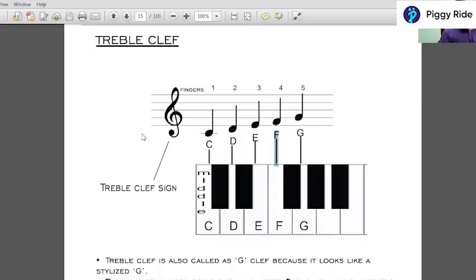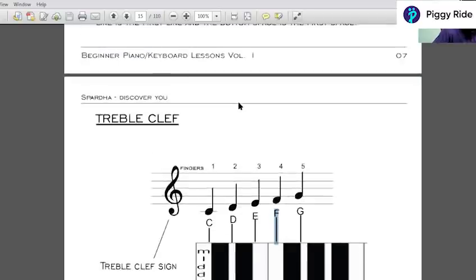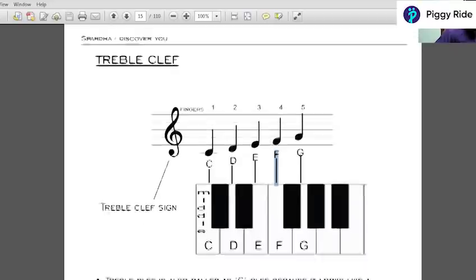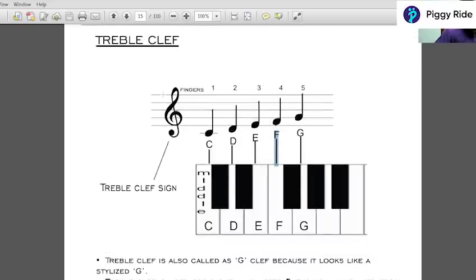In today's session, you learned how to read the keys on the keyboard or piano instruments. I explained the groups of black keys, the group of two and the group of three, and the letters A, B, C, D, E, F, G, which you will follow in instrumental language, A to G only. And I explained about the staff. What is the staff? It's a set of five horizontal lines and four spaces on which we can write music and read also. I will explain the treble clef in the next session.